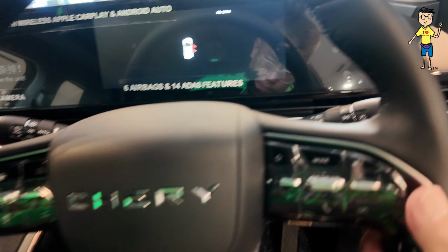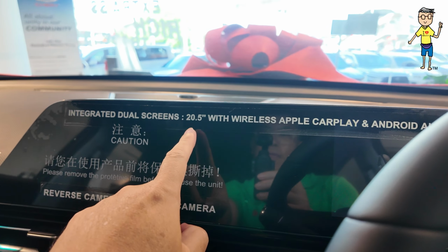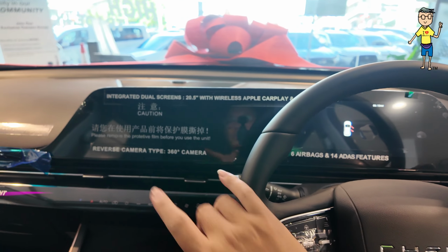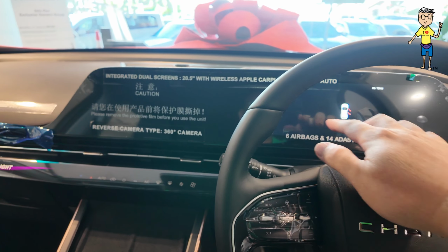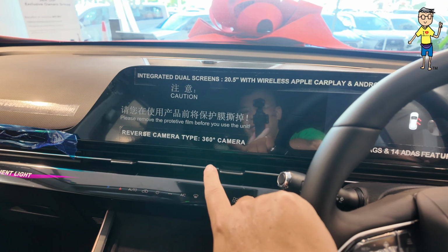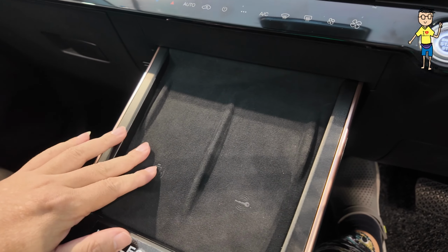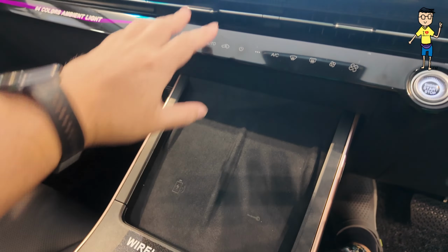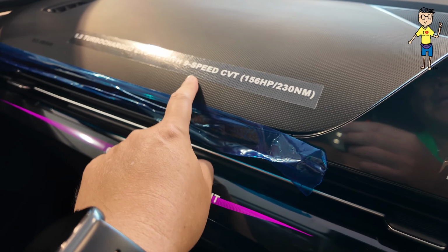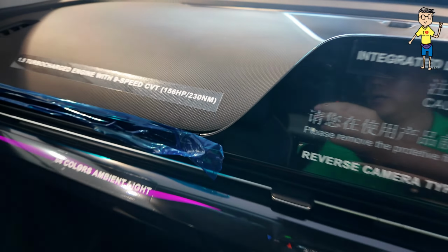And let's go inside. What you have is this 20.5 inch screen with wireless Apple CarPlay and Android Auto. So the size of the screen is the same as the Jaecoo, where you have a 10.25 adding up to 20.5. You get a 360 reverse camera, you get wireless charging, but there's no air cooling for it, but you are just below the aircon, so it's not too bad. You get 64 ambient colors, 1.5 turbocharged with 9-speed CVT, power rating 156 horsepower, 230 Newton meters of torque, and